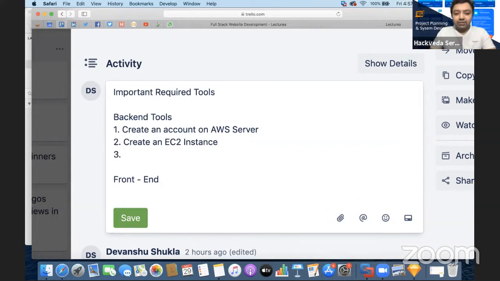So an EC2 instance is nothing but a virtual machine, or you can also call it a virtual server on cloud. This is mostly required in all the big projects. If you are creating any application, even an Android application, if it involves internet-based communication, if it involves communication of different people, then you need to be communicating continuously between the client and the server, and with that the AWS services are one of the best services available in the world,